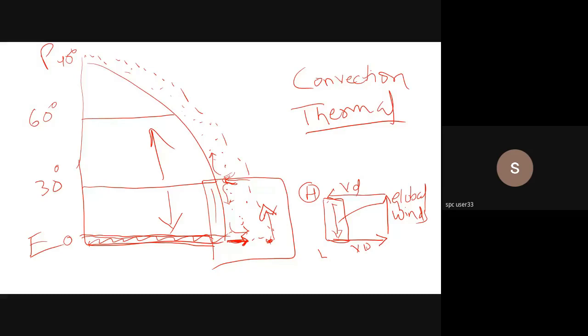Okay, so this is one cell. This was the Hadley cell, as we called it. This is also a thermal cell, basically because it is induced because of the warm temperatures. So if something is going to be induced because of the warm temperatures, obviously because of extremely cold temperatures also, we could have a cell which could be induced. Yes, towards the poles, another thermal cell.